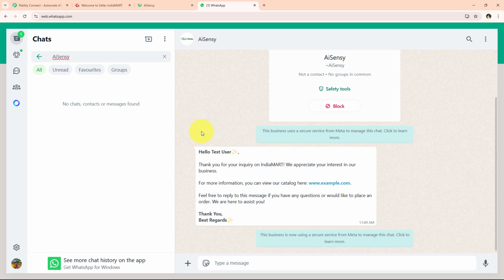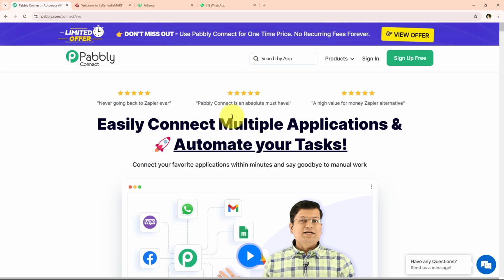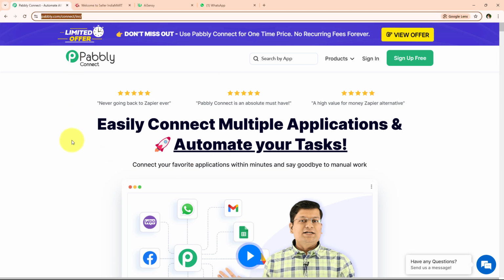Alright, so yes, this is the automation we are going to learn in today's video to send automated WhatsApp messages like these to all your IndiaMART leads. So if you also want to learn this process step by step, then you have to watch this tutorial till the end. So to do this, I've simply opened the landing page of Pabbly by searching